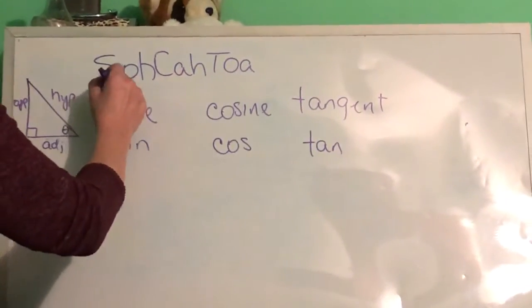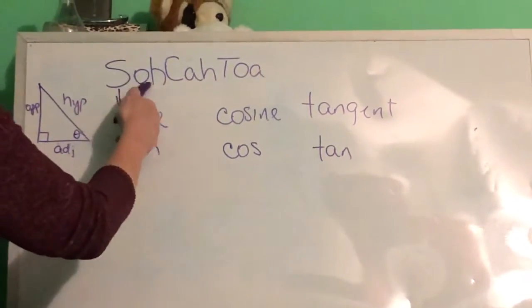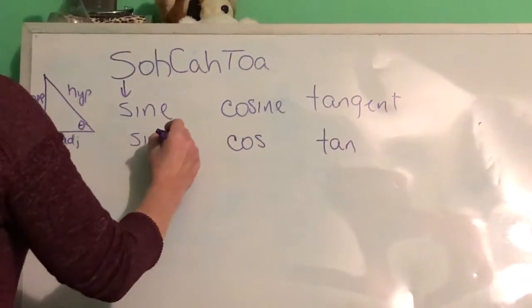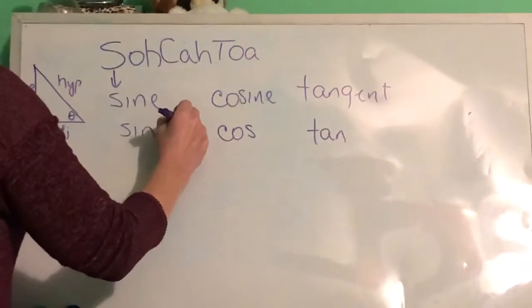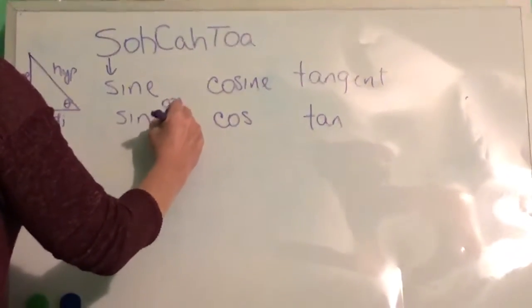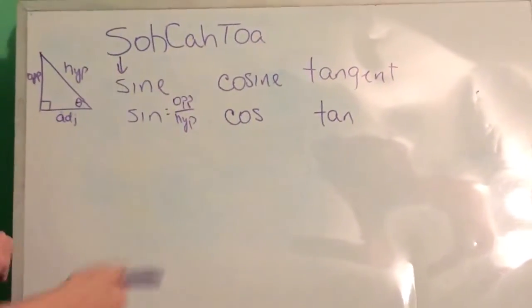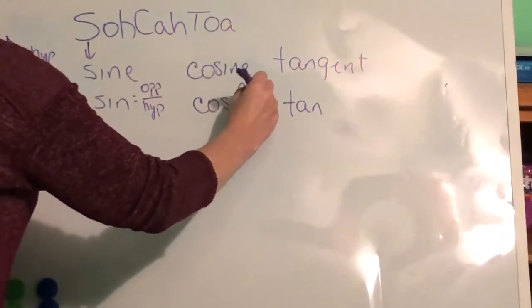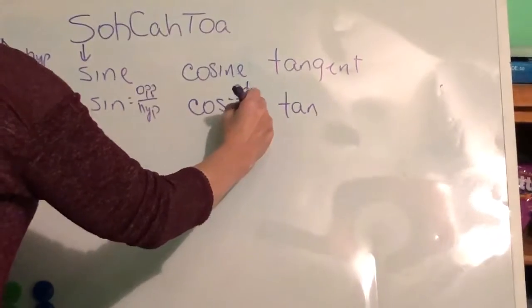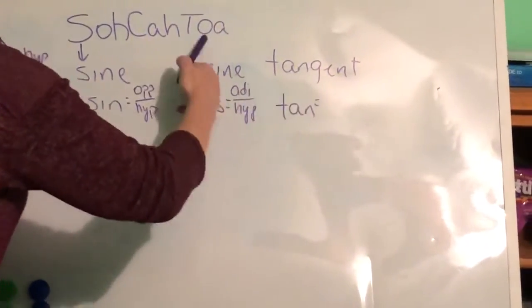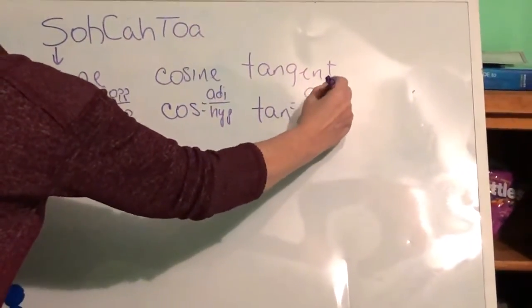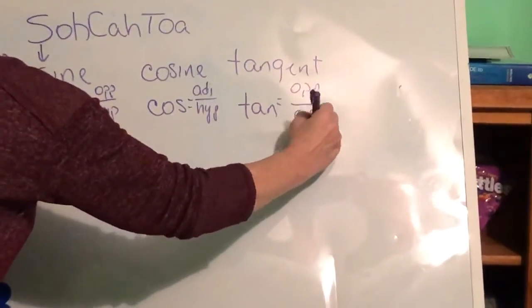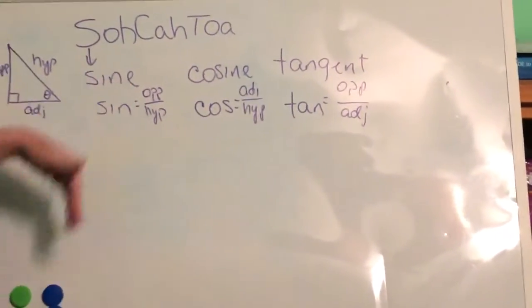So when I work with the sine, I see O and H. That's going to give me the ratio of the opposite over the hypotenuse. For cosine, then, the ratio is going to be the adjacent side over the hypotenuse. And for tangent, we will have the opposite side over the adjacent side. Okay, so these are ratios